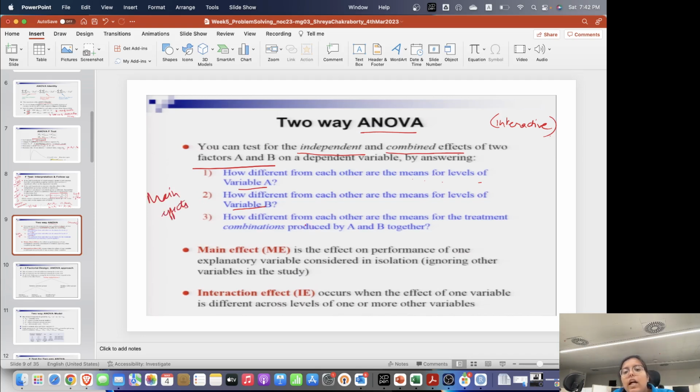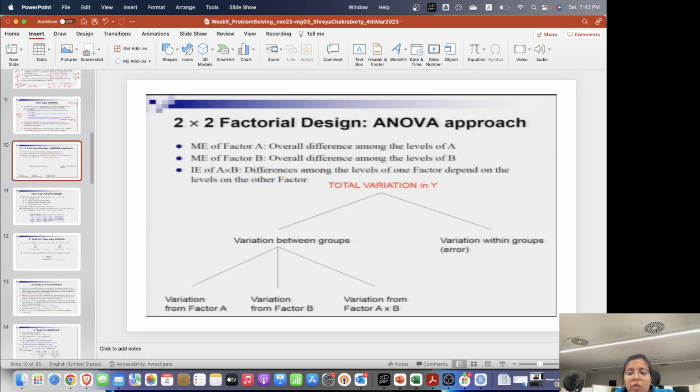And if we want to find out how different they are together, then we test for interaction effects. In ANOVA, what we are doing is factoring the total